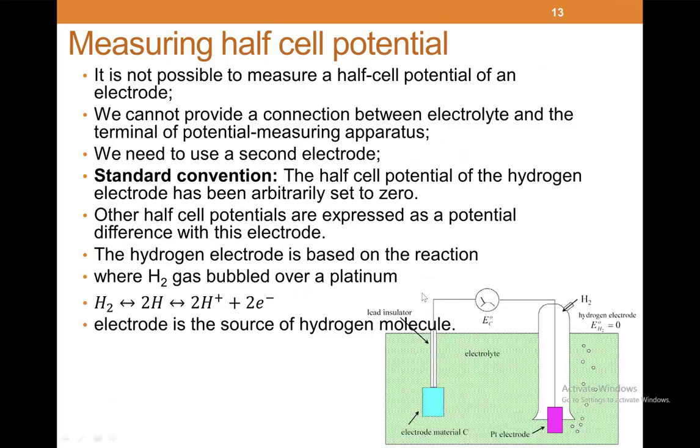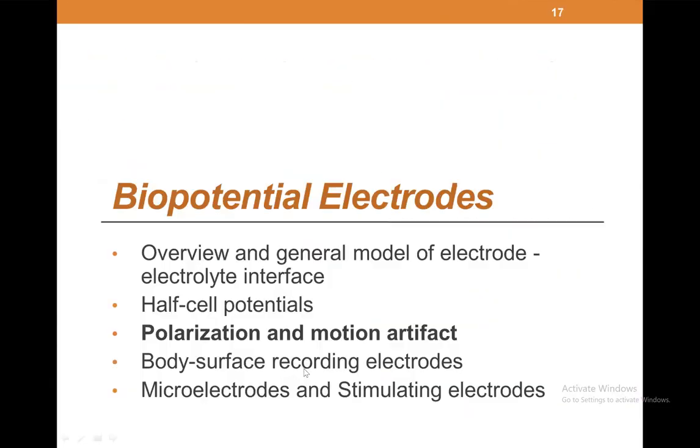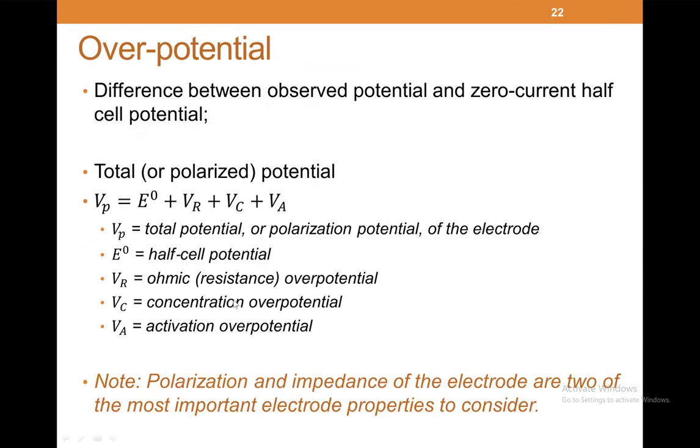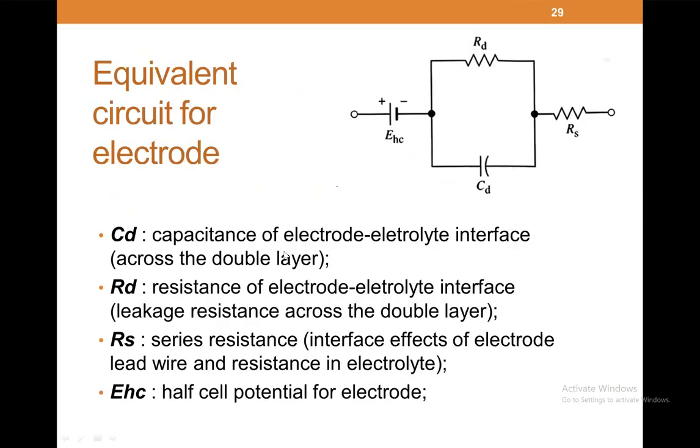And then I think, where did we stop? We talked about half cell potentials. I think I showed a video at some point, a long video. Oh, and the overpotential or the total potential, I talked about that as a half cell potential, plus the sum of all of these potentials due to the resistance, the concentration, and the activation. And then we did the motion artifacts, and I think this is where we stopped. Okay. So here,